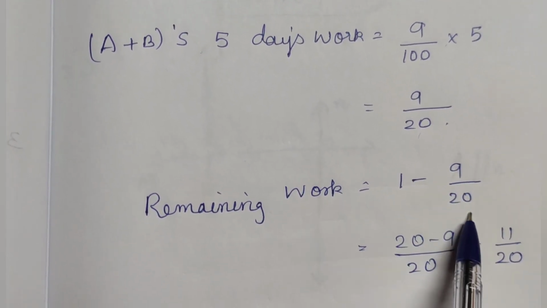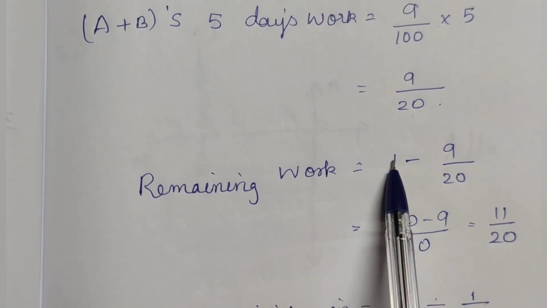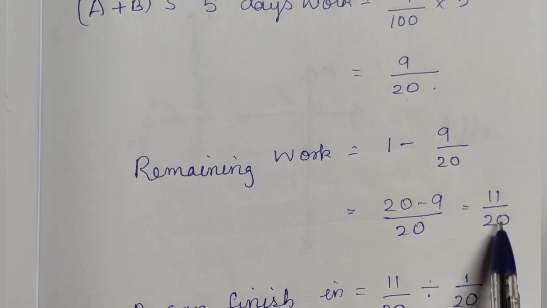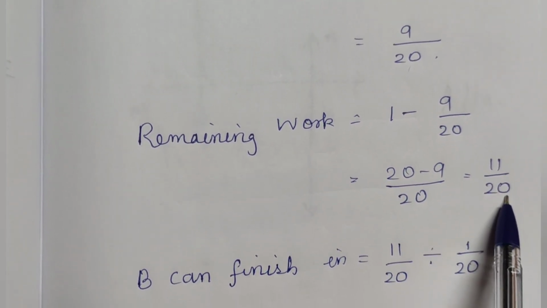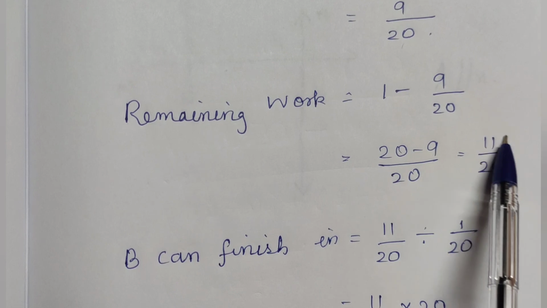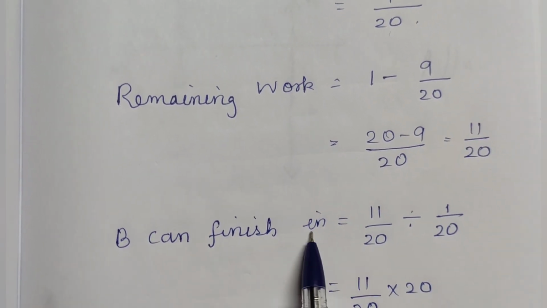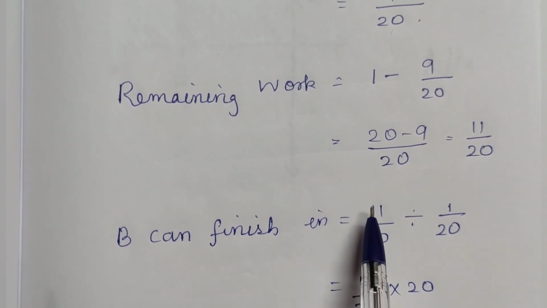So 1 minus 9 by 20 is equal to 20 minus 9 by 20, which is 11 by 20. So the remaining work is 11 by 20. This work has to be done by B. B can finish the total remaining work in